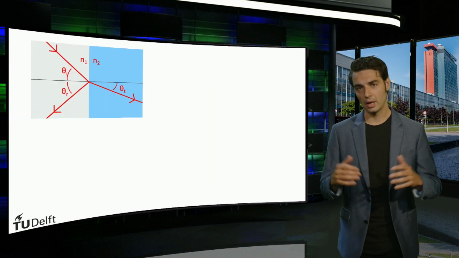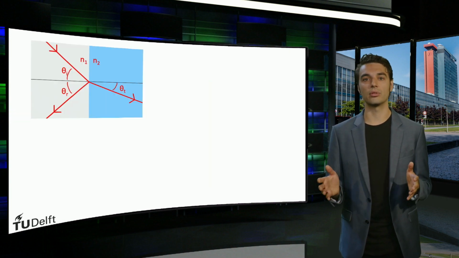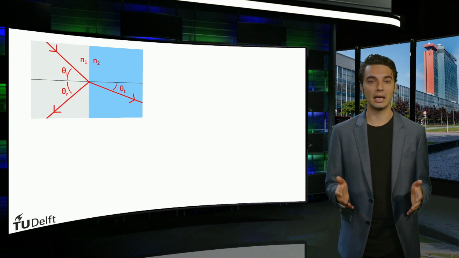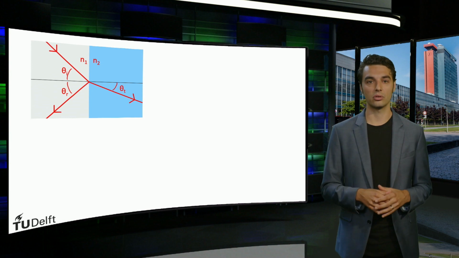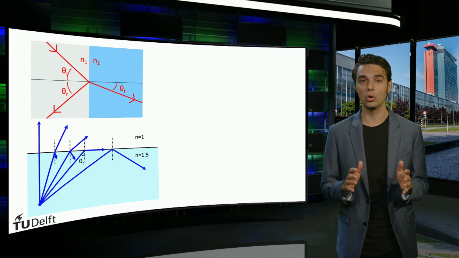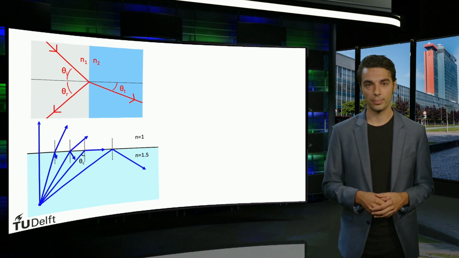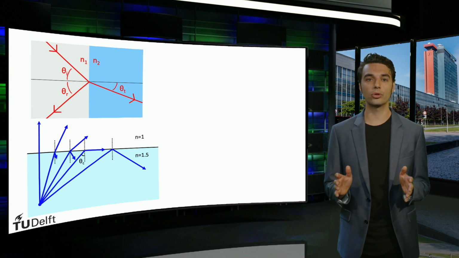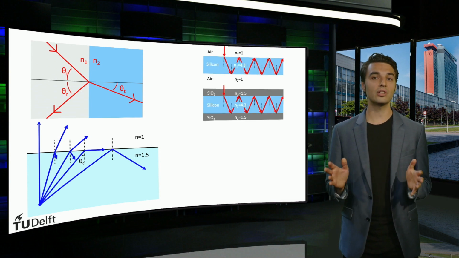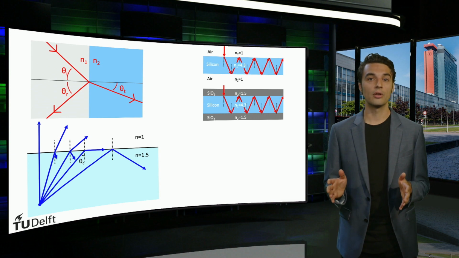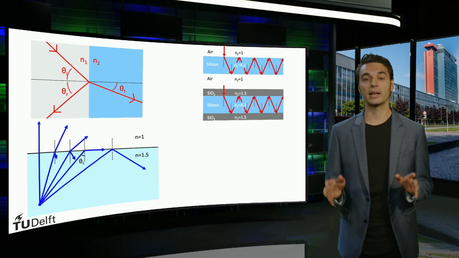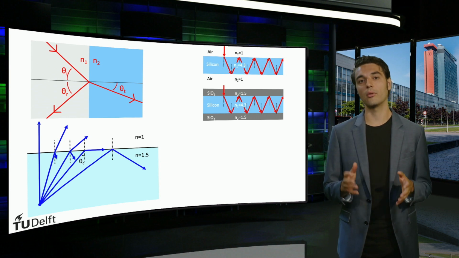Now in summary, Snell's law describes how light is refracted and reflected depending on the refractive indices of the media involved and the angle of incidence. We saw that if the angle of incidence is greater than a certain critical angle, total reflection will occur. This only occurs when light moves towards a material with a lower refractive index. We derived this critical angle of total internal reflection for different material interfaces. And we saw that total internal reflection can strongly increase the absorption path length of a photon in a solar cell.